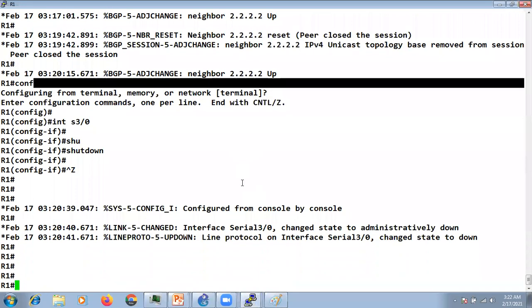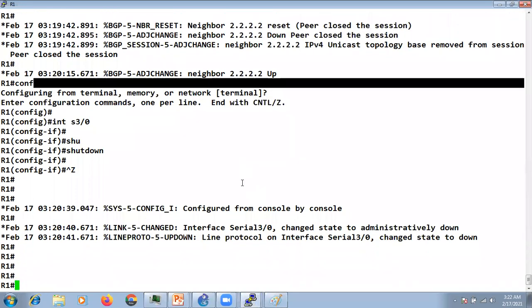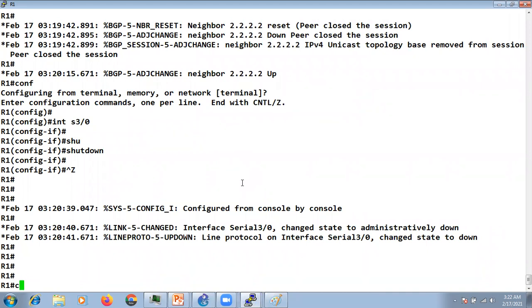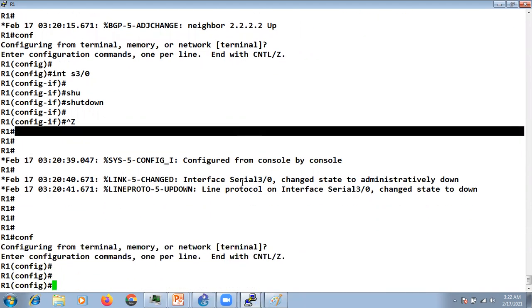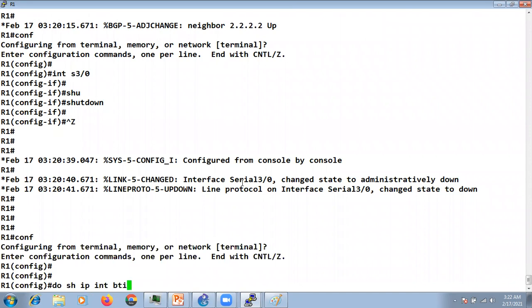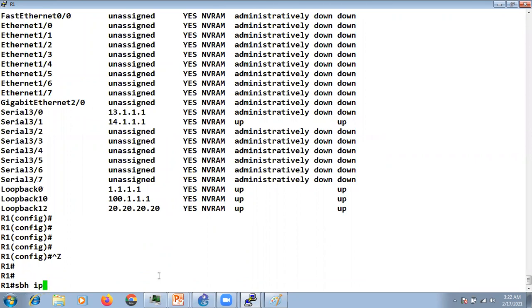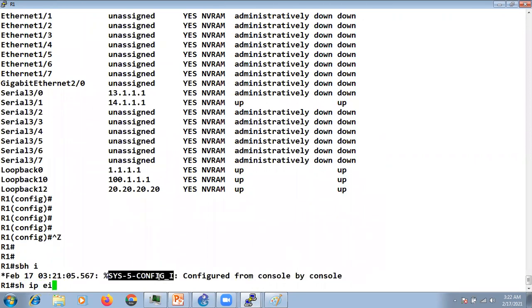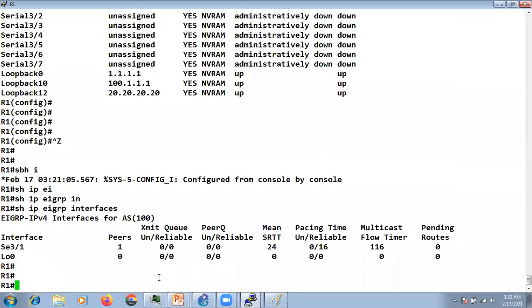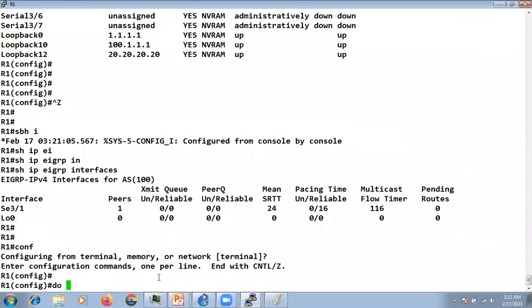Now I'm at R1. Show ip interface brief. Let's say I have this loopback 12. Show ip eigrp interfaces. Do show run interface loopback 12.